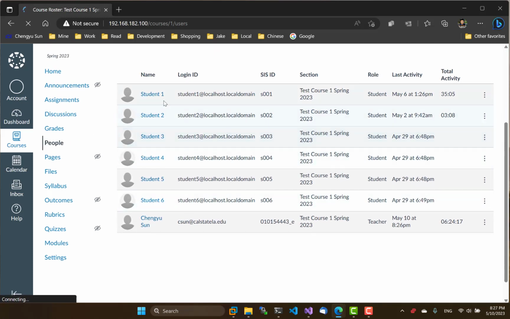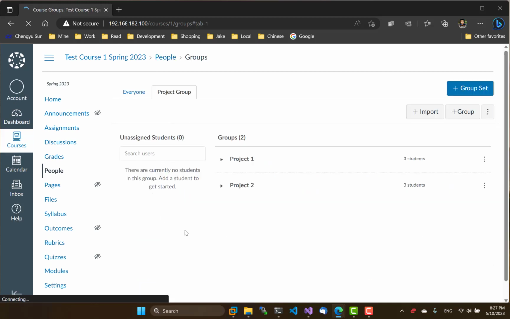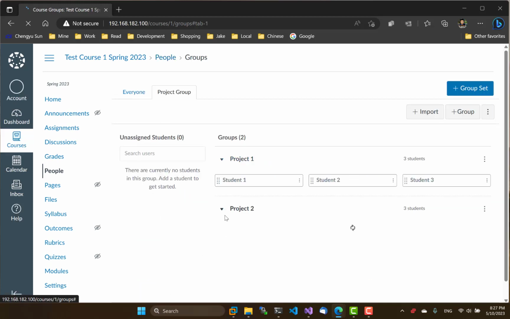6 students here, student 1, 2, 3, 4, 5, 6, and like in senior design, I group them into two groups, student 1, 2, 3 in first group, 4, 5, 6 in second group. I have